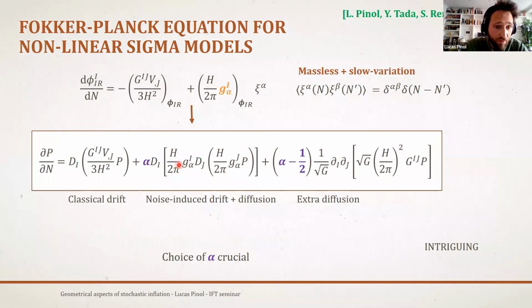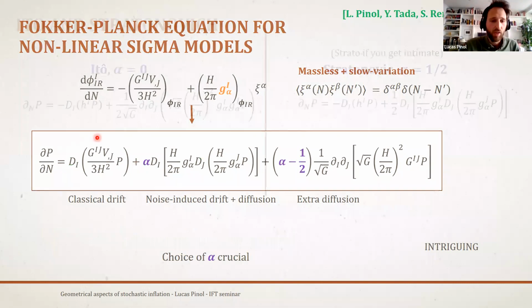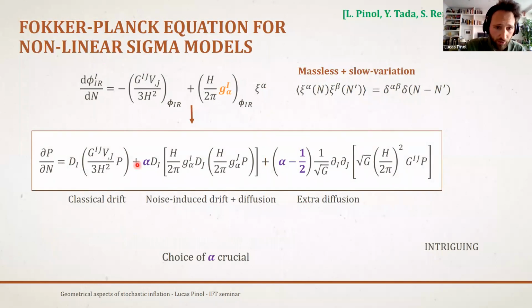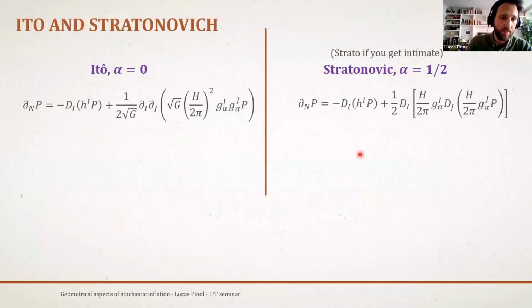Thirdly, we see that alpha appears in the results. So the choice of time grid is also important. Maybe you're beginning to see that it's quite complicated. But there are apparently two choices of alpha that seem more convenient than the other ones. These are alpha equals 0, for which the second term disappears, and alpha equals 1/2, for which the third term disappears. So let's see these two possibilities.